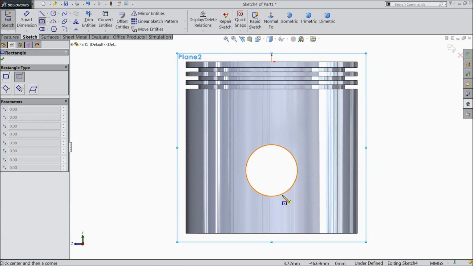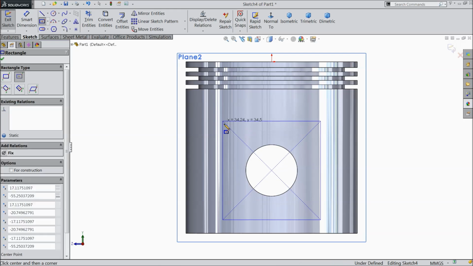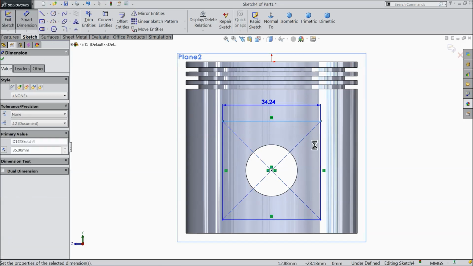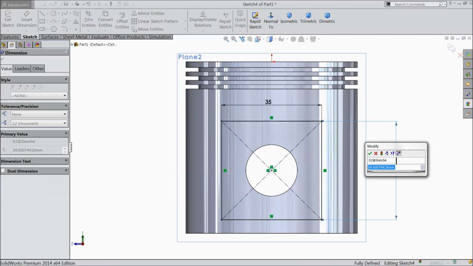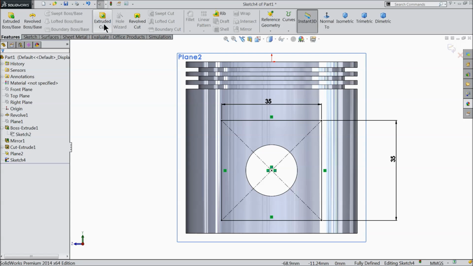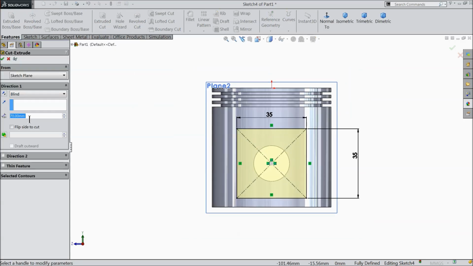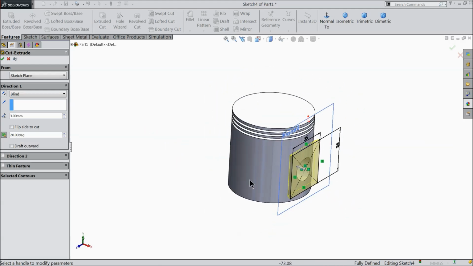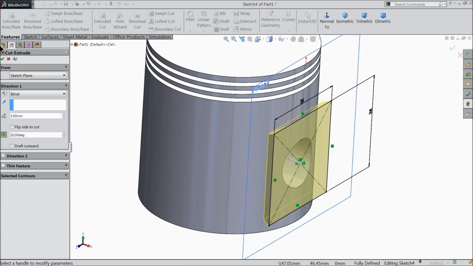Find out the center point of this circle. Okay, now let's define 35 by 35 mm. Okay, now select extruded cut. Cut inside 3 mm and keep the degree 20. See, here it's going to cut. Okay,